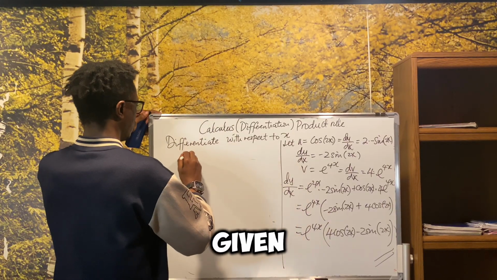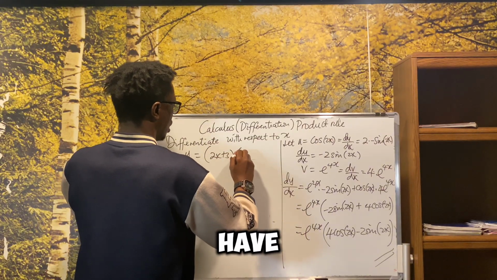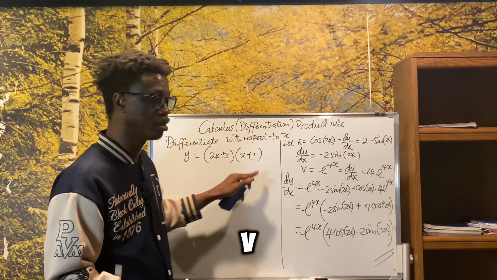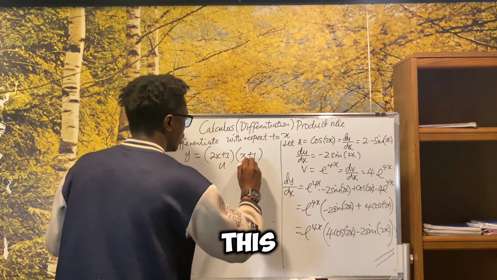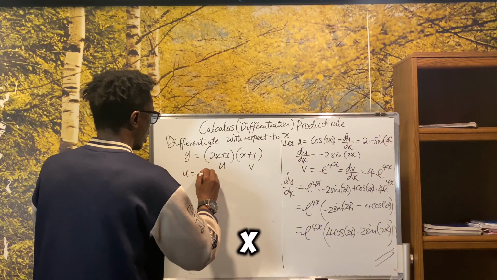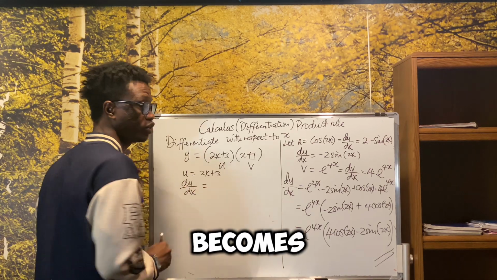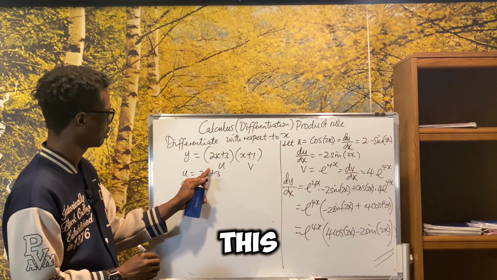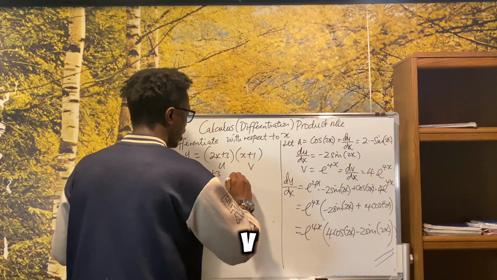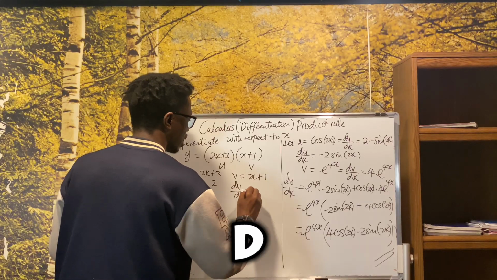So let's say you are given y equals 2x plus 3 times x plus 1. Okay? This is very easy. So you have u and v. This becomes u, this becomes v. So your u is 2x plus 3. If you differentiate this, du over dx becomes what? So this becomes 2. When you differentiate a constant, it is 0. So your v here again becomes x plus 1. If you differentiate, dv over dx equals